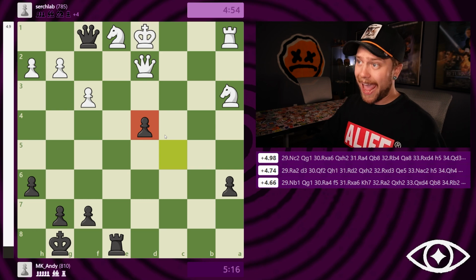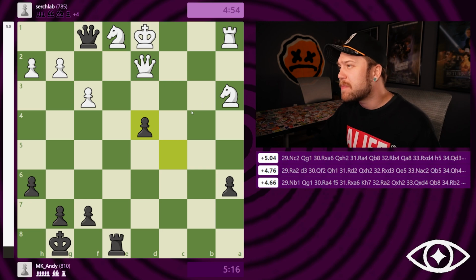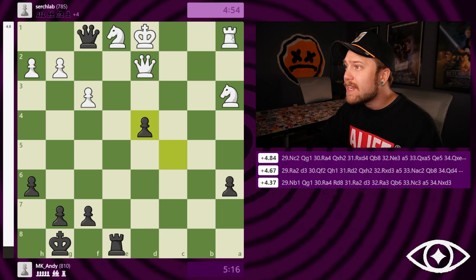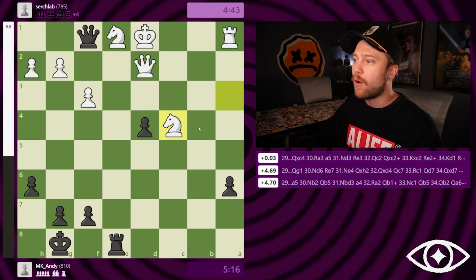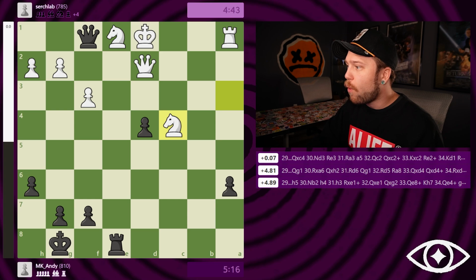This pawn is hanging, but just because the pawn is hanging doesn't mean that he's actually going to take right now. In this position, it says that knight to C2 makes a lot of sense. It also says that rook to A2 makes a lot of sense. So there's other better positions for him to look at. He's not really worried about this pawn. And after he moves knight to C4,